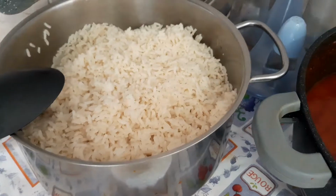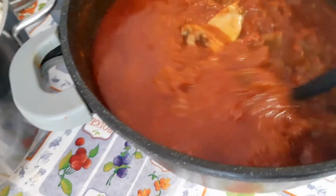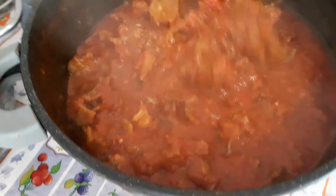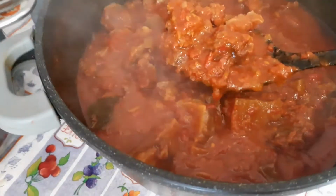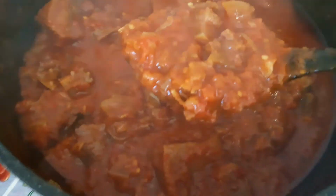This is my cooked rice. Let me serve myself. This is the rice side dish already. Can you see that? If you have not tried this, please try it. It's so delicious. Can you see that? This is all the diced meats. When you are eating it,